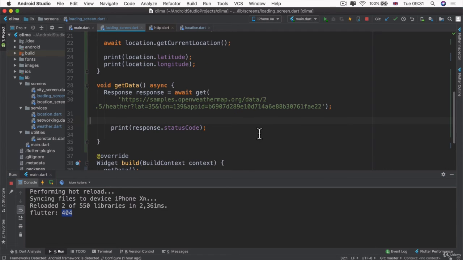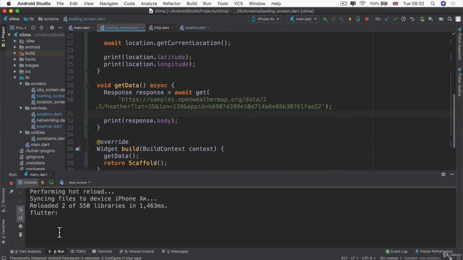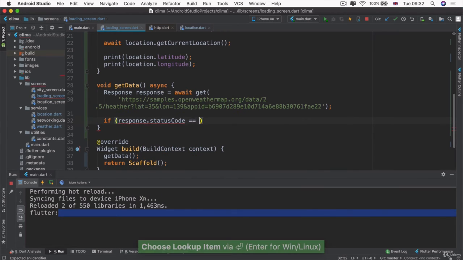So it's usually a good idea to check what the status code is before we start presuming that the response.body is what we think it is. Because right now, if I try to tap into the response.body and do something with it, then you can see that what I'm actually getting is just nothing. I'm not getting anything back as the body. And if I try to render that in my app to display it, then it's also going to be an unexpected error. Let's instead go ahead and check to see if the response.statusCode is equal to 200,